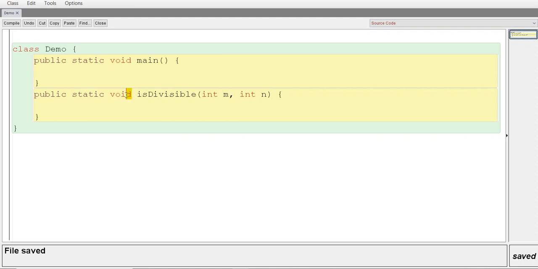I hope you understand why we have written void here. I hope you understand that every argument is supposed to have a data type along with it. Okay,